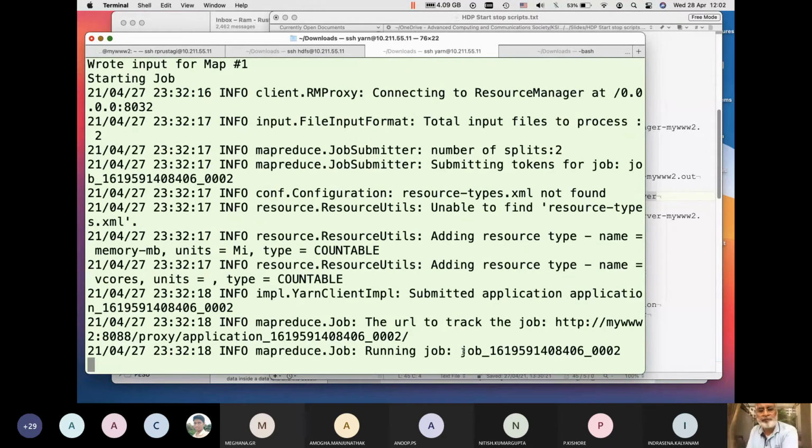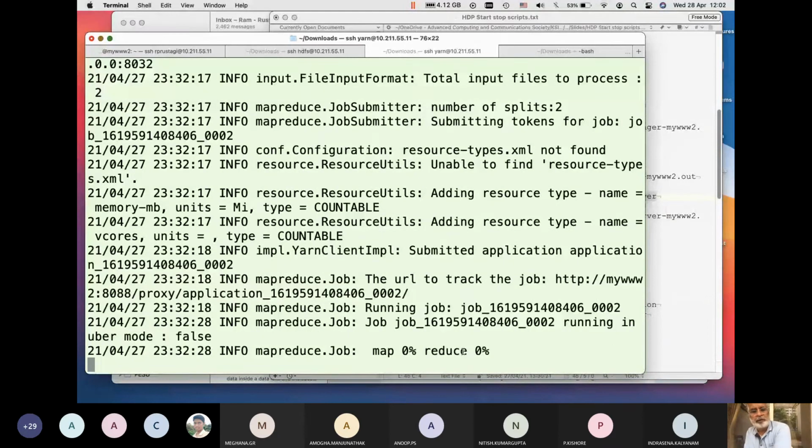It will do the map process first, say map 0%, and then it will give the status of map. Mapping means it is scheduling a job, sending this program to each of the 2 instances, which happen to be the same machine with a single machine. But in real life, if you have a cluster, you would see it going to different data nodes, and you can track that. And you can look at this in the browser and see the status.